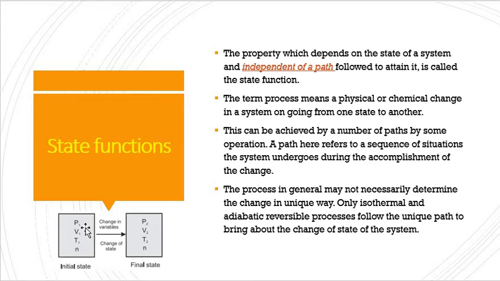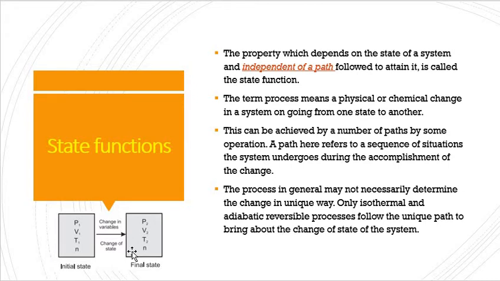Let's suppose initial pressure was 1 bar and final pressure you have put more, it is becoming 2 bar. So the volume will decrease, then V2 will also decrease, T2 may decrease and number of moles will remain same. So now this is the final state of the system, which is having what all things? P2, V2, T2 and n.